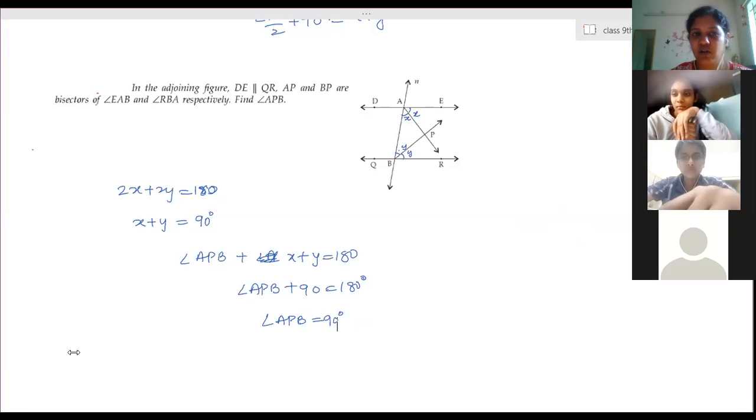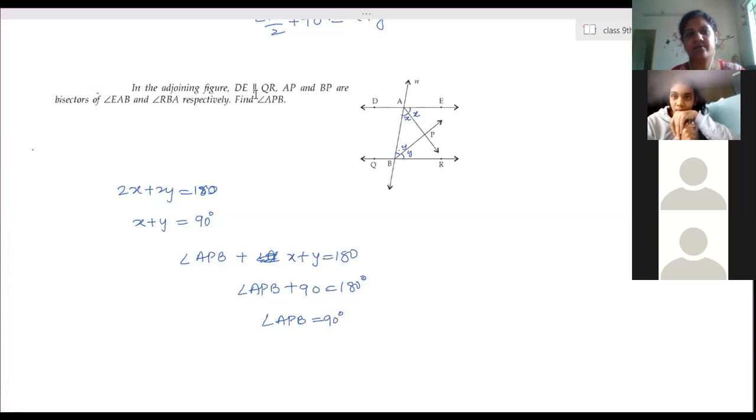Just like here also, although it is asked to find APB, no measurement values like 30, 40, 45 are given there. That means this is a proving part only. So here also you have to write given, to prove, proof. Clear? If there is no value, it is proving. If values are given, then there is no need to write. But here the geometry questions have proving parts. When you are asked to prove, it is mandatory to write given, to prove, proof. Otherwise you will lose marks.